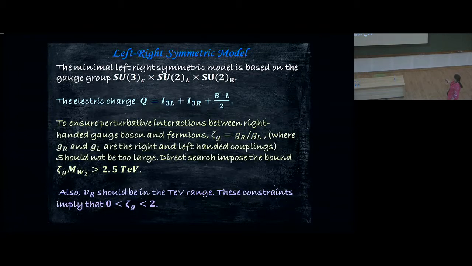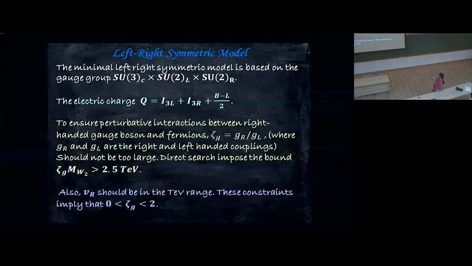Direct searches impose a bound on the product zeta G times the mass of this W2, that should be greater than 2.5 TeV. Also, your VR should be in the TeV range if you're using seesaw for the masses of the neutrinos. And these constraints basically imply that my zeta G should lie between 0 and